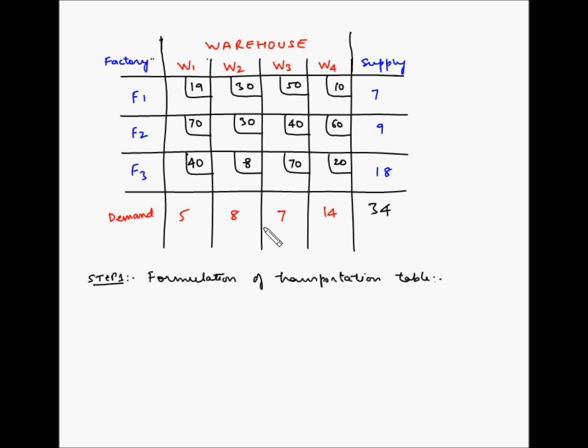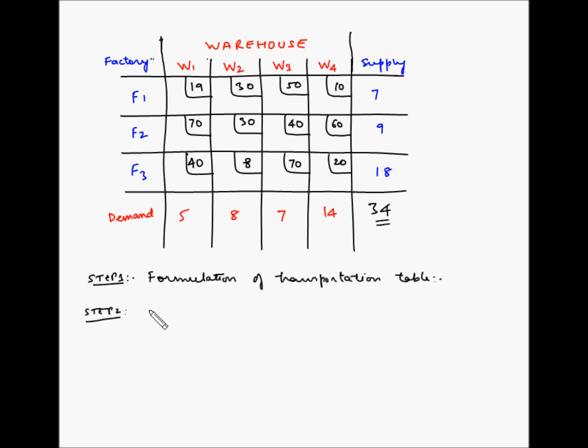So in our case, let's first add the total supply. So 18 plus 9 is 27, 27 plus 7 is 34, 14 plus 7 is 21, 21 plus 8 is 29, 29 plus 5 is 34. So both supply and demand is equal to 34. So in our case, the transportation table is balanced. So now we can proceed to step number 2,